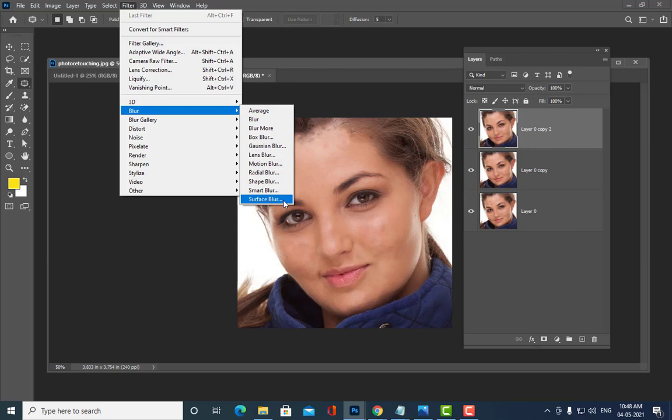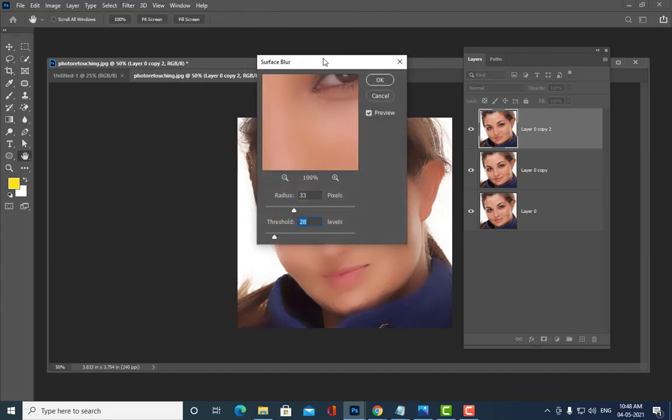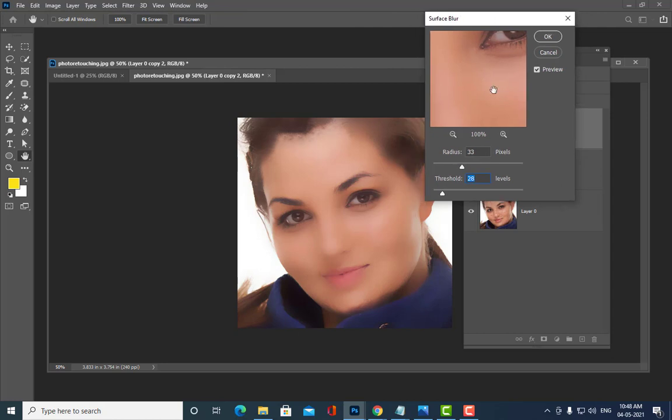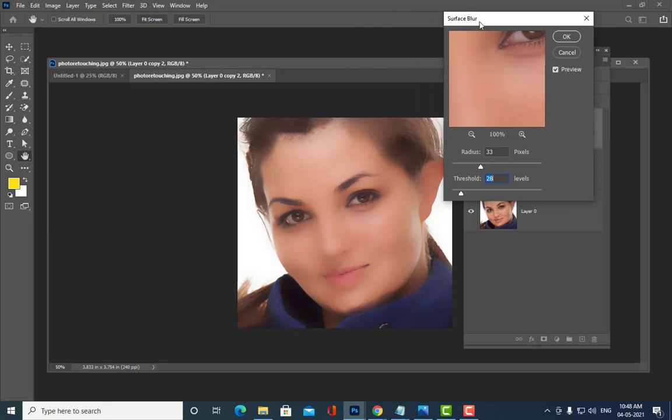Surface blur, see here. You can actually change these values if you want. You can make the radius to a lower value, or threshold to a lower value, or we can stick to these values. Okay, 3328 is okay, right?